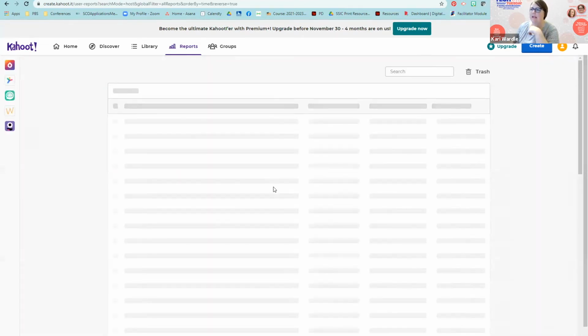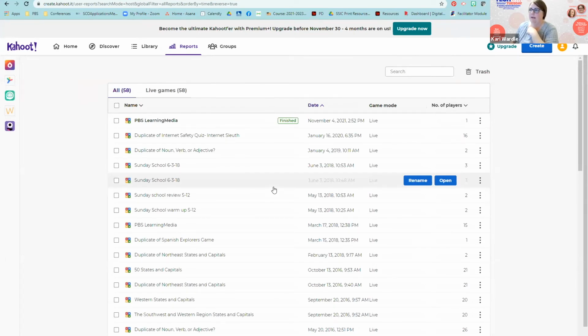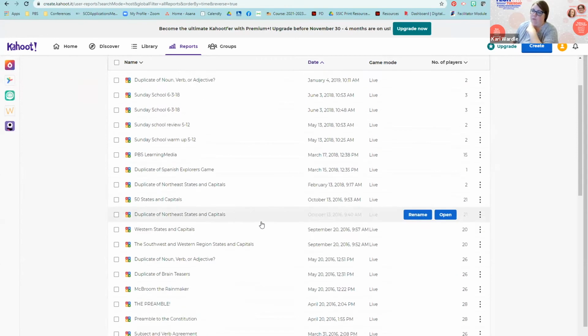And then you'll see that at the end, you can print off a report as well, and it will tell you what each individual student answered, so that you have data if you want it for reporting or whatever. So I love Kahoot. If you don't know of it, go check it out, kahoot.com, and then it's free to sign up. And I would recommend sign up for the free one, play it, use it, explore. If you decide that you need the other features, you can always upgrade here at any time. But like I said, I rarely ever